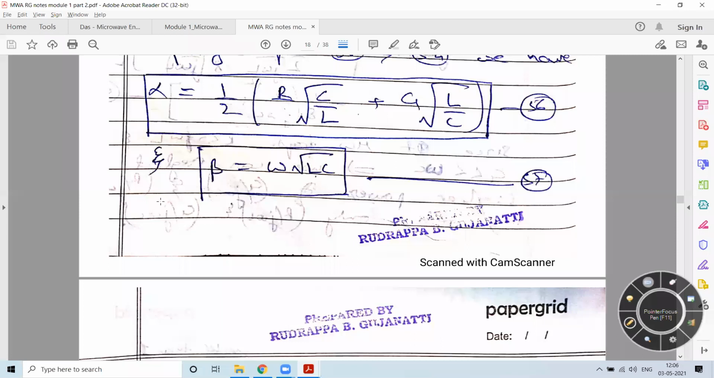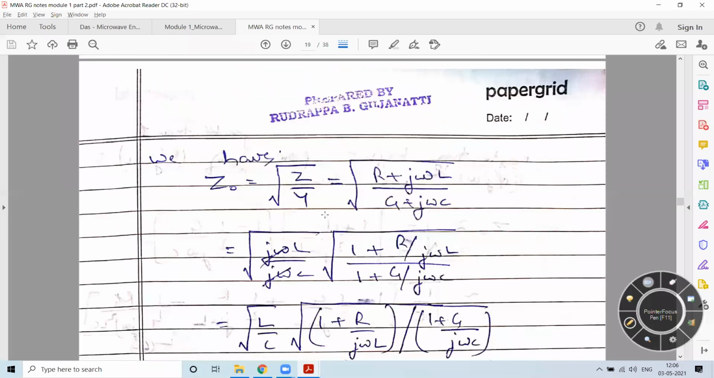Now, as we had obtained for Z naught, Z naught is equal to square root of Z by Y, which is equal to R plus j omega L divided by G plus j omega C. Here again, you take out j omega L and j omega C from numerator and denominator common. When you do that, you'll be ending up with this equation. So here it will be a square root of L by C into square root of 1 plus